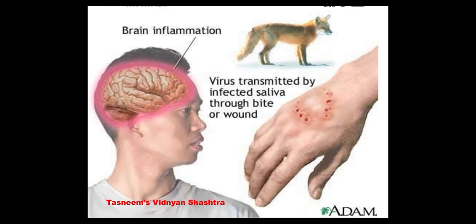The person experiences hyperactivity and hydrophobia, meaning fear of water and light. So the stages are the incubation period, the acute neurological period, and then coma and death. It is really dangerous. About 3 to 12 weeks after an animal bite, the disease starts producing fever, headache, anxiety, sore throat, coughing, nausea, vomiting.